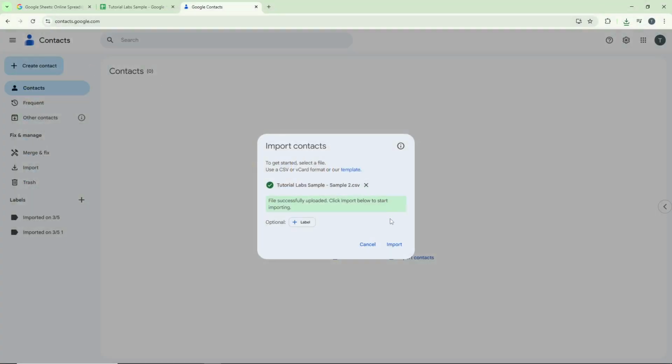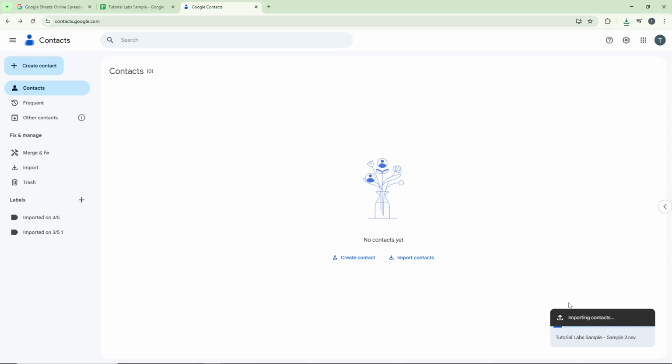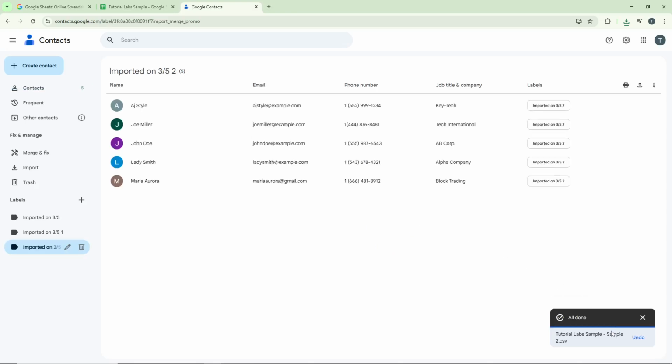After selecting the file, Google Contacts will begin processing and importing your contacts. This step might take a few seconds or even a couple of minutes depending on how many contacts are in your spreadsheet, so be patient and let the system complete the import. You'll see a progress indicator showing that the contacts are being added to your account, and that's it. Your contacts from Google Sheets are now successfully imported into Google Contacts and will be available across all your Google